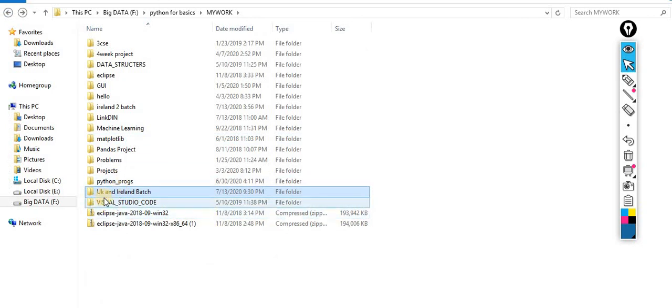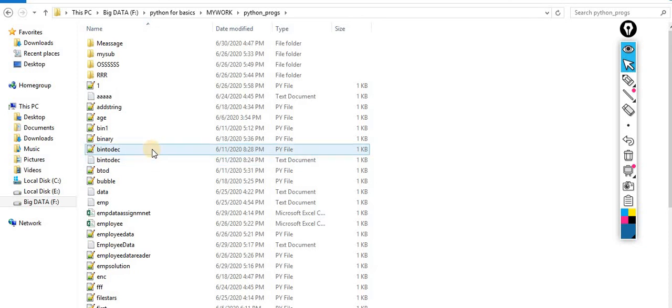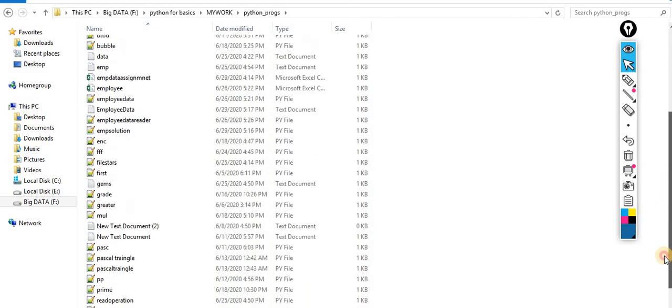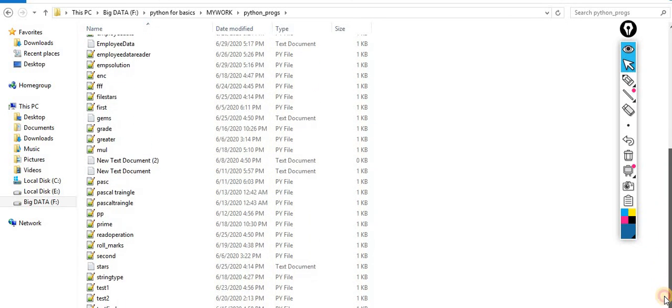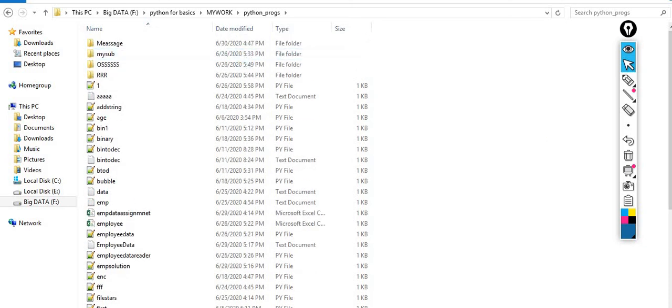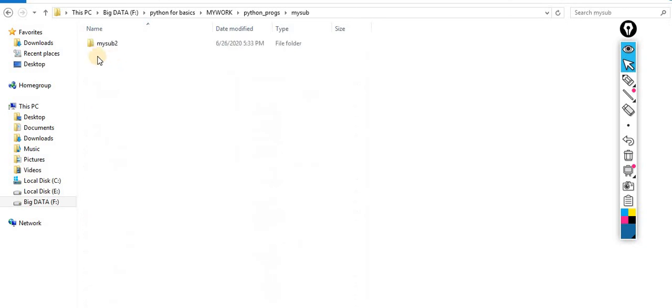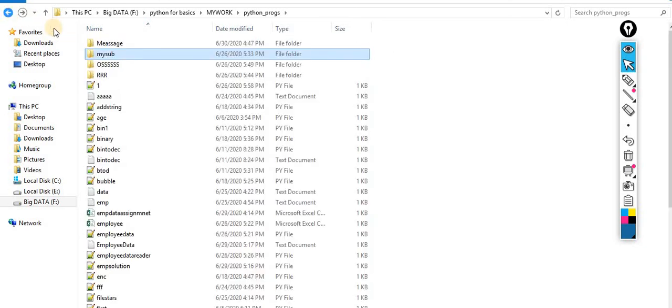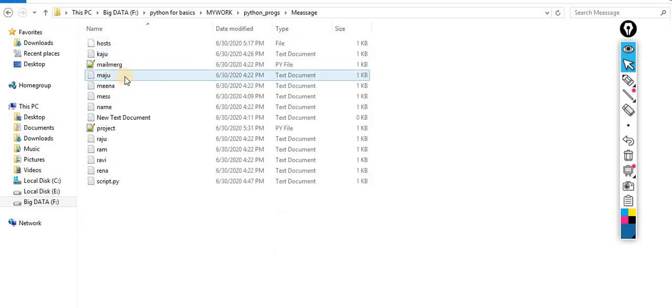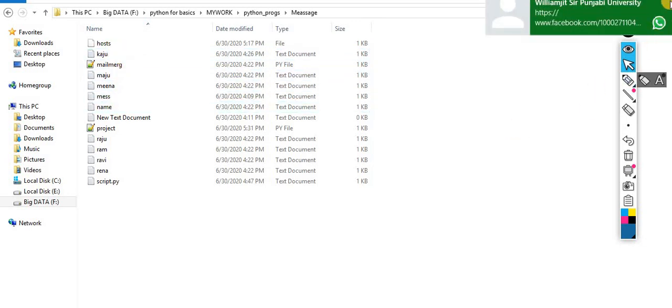This time, mail merging. So let me show you. Now understand it. I have two files.